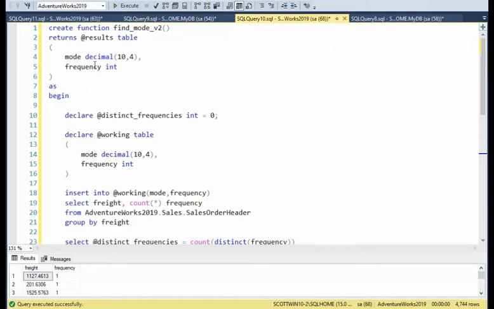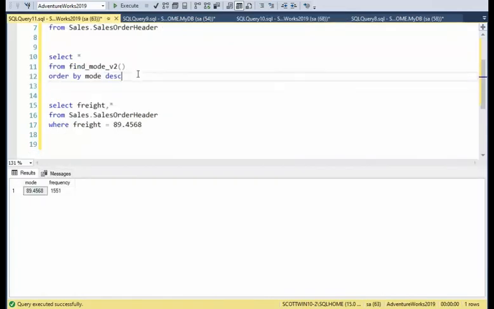Now let's go look at to see how you call this function from the Enterprise Manager. Notice it's pretty easy. I just say select star from, what was the name of my function? Find mode v2. And then I'm going to order by the mode description. Notice we'll execute this and it returns me 89.4568. The frequency is 1551. You know what this means. This number appeared